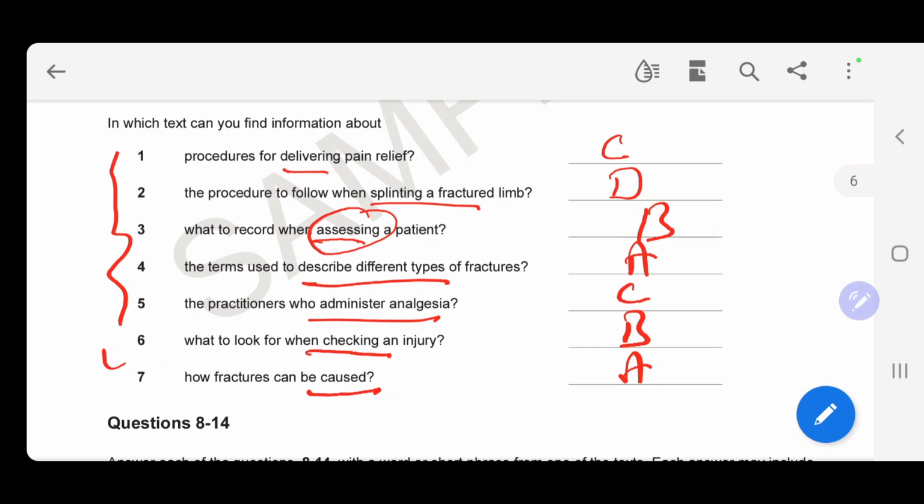So I hope with this approach you can do it well. I will repeat it for you. First of all, you will skim and scan the whole